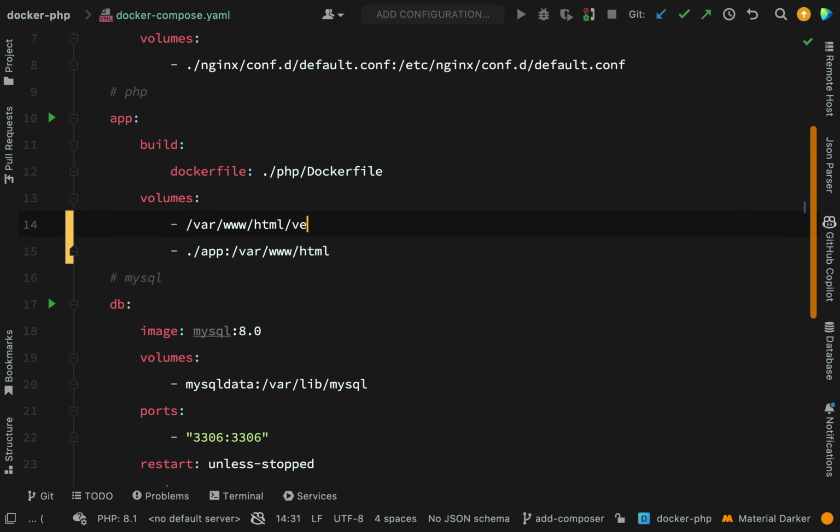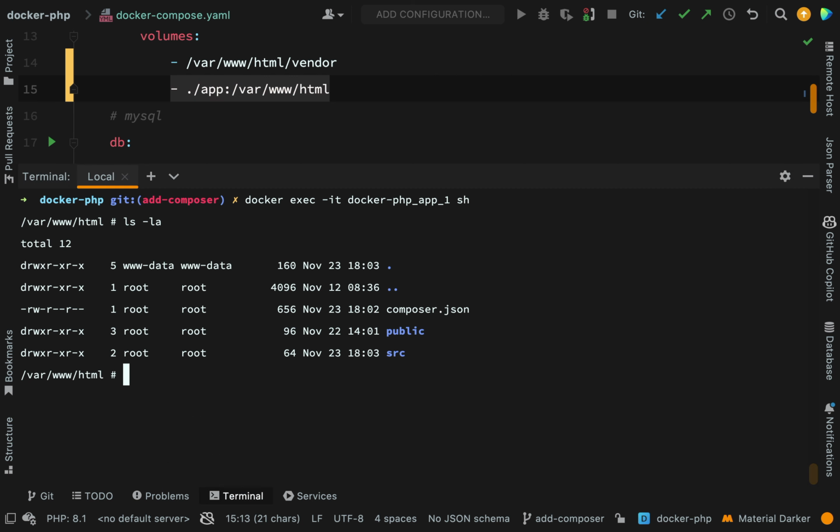By just saying /var/www/html/vendor, if I specify just the one location, basically I am saying protect this location inside the container. Don't overwrite it. Whatever gets put into there when this container is built, make sure it gets preserved, regardless of whether I do any other volume mountings. So if I go and run Docker Compose up again,